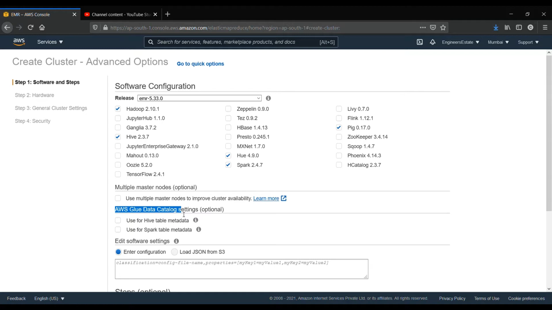Apache Hive presents us with a Derby database which is used to store the metadata of Hive, but this database is used for only single access. At a production level we will not require single access, there will be a requirement of multiple access to the database. So we will go for some other relational database where we can store our metadata. So here, while creating our AWS EMR cluster, we are going to use the AWS Glue Data Catalog for storing our metadata. I'm using it for Hive tables and also Spark tables.